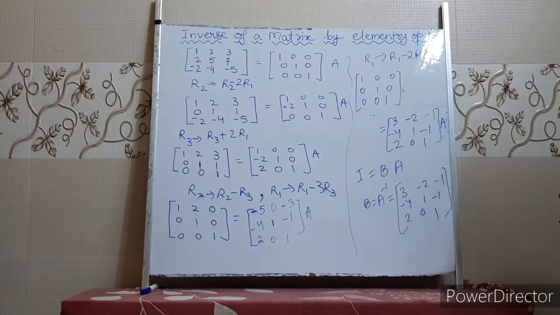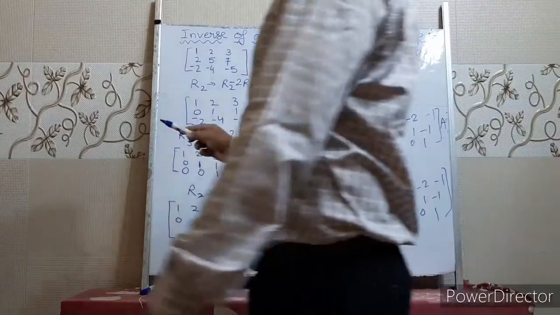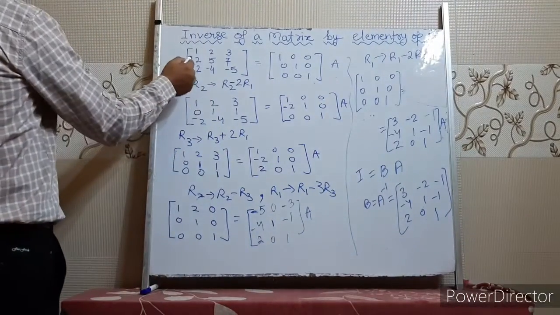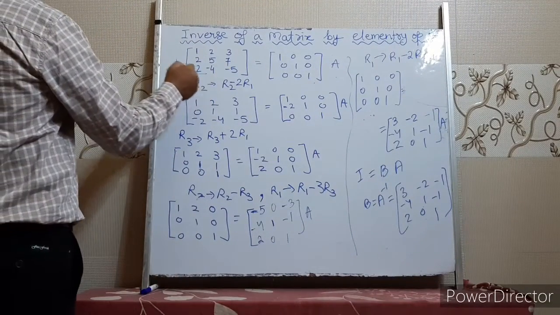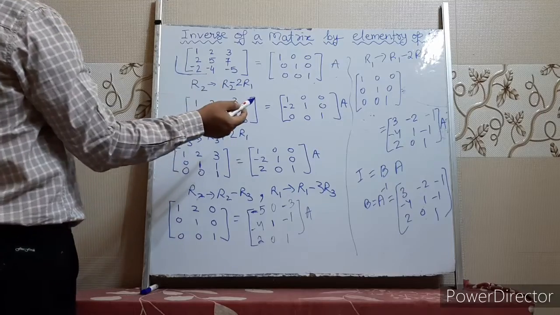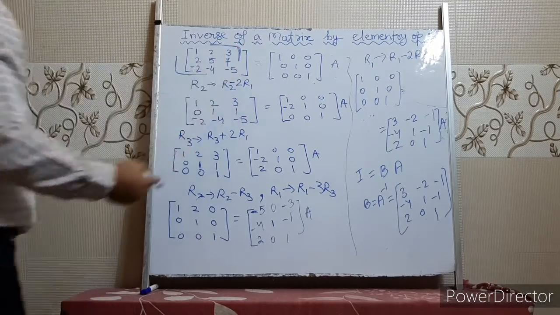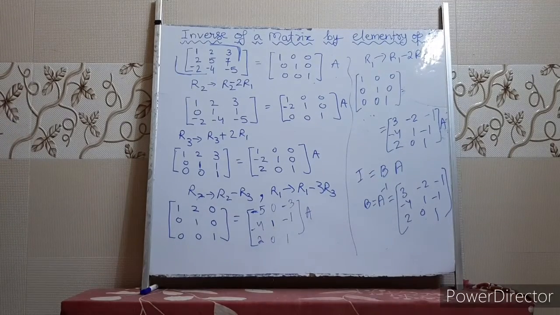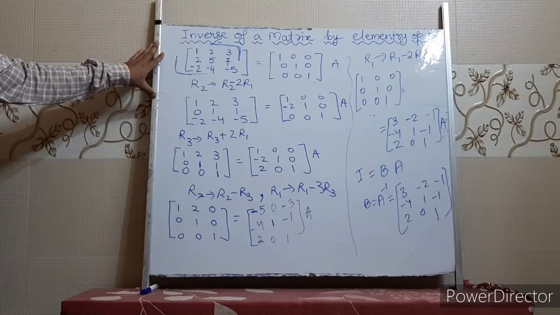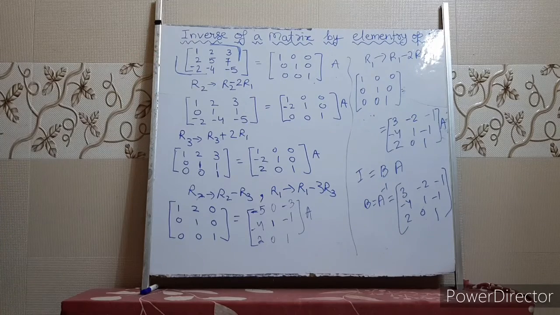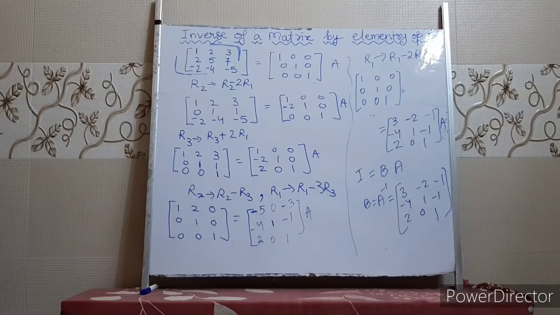Understood, children? So when we are applying row operations, what are we going to do? We are going to make these elements, this lower triangle element 0. And when we are going to apply column operations, we are going to make this upper triangle element 0. So this way we can solve this sum easily. Okay. This sum comes for 6 marks. Okay. So you need to practice again and again so that you can complete the sum in less time. Okay, children. Note down, please.